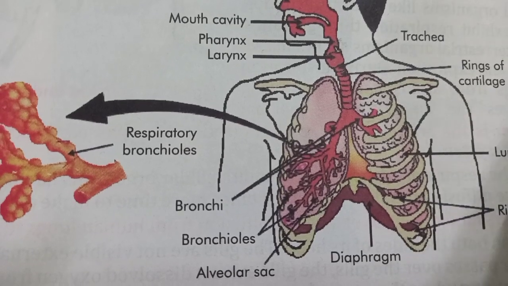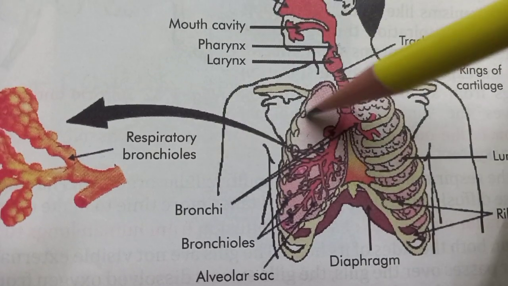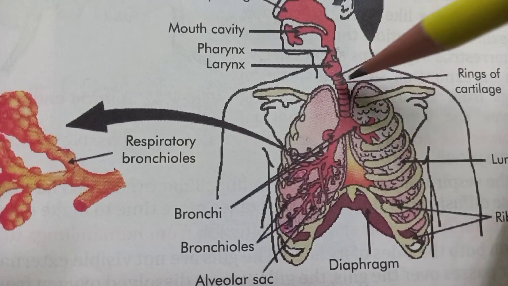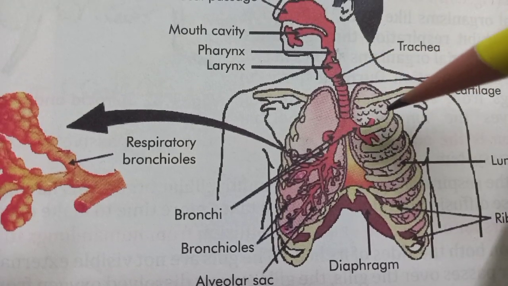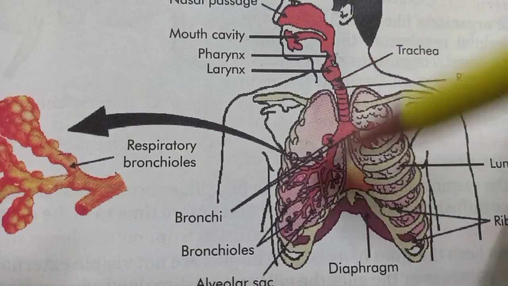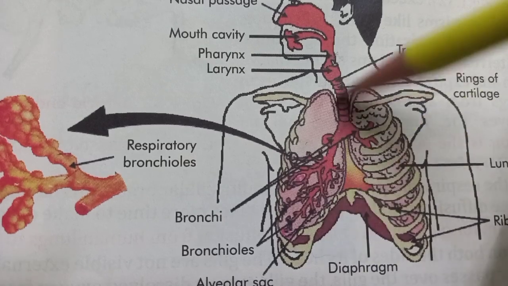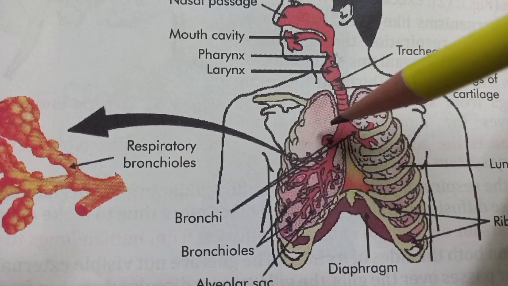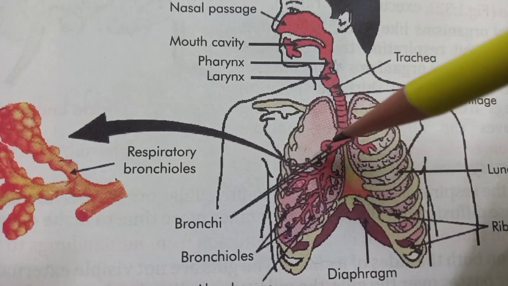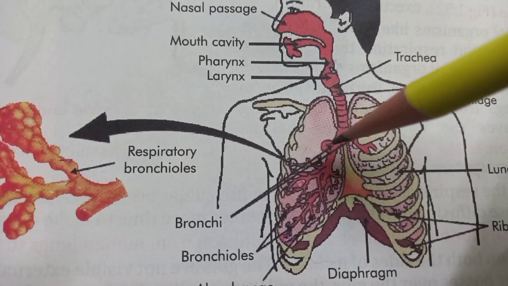Now children, the next one is lung. Lungs are a pair of soft, elastic and spongy organs. Lungs are slightly conical. You see there is a tapering end and a broad base. So it is triangular, or you can say it is conical in shape, and they are located in the pleural cavity